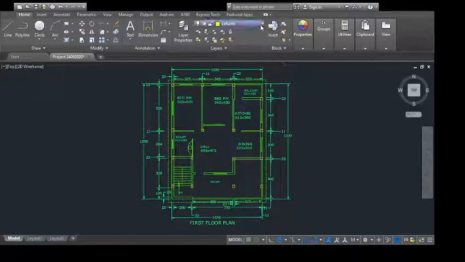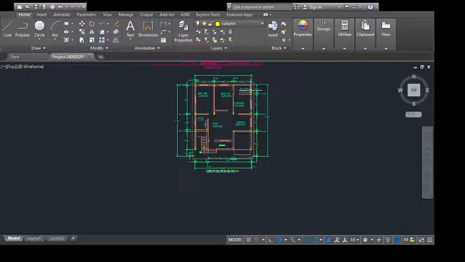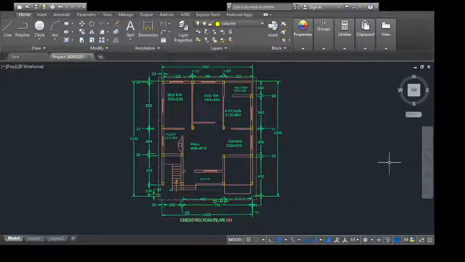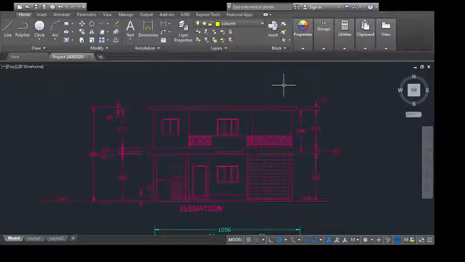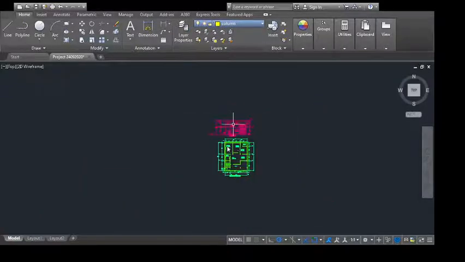Let us just recollect what we had done last time. We have been given the ground floor. So we have seen the ground floor. The ground floor looks like this. So the column positions can be seen on the ground floor, and we have been given the elevation also. The elevation looks something like this. That's the elevation we have already seen. So let me go again back to the first floor, the plan on the first floor. Then we are going to work on that plan.